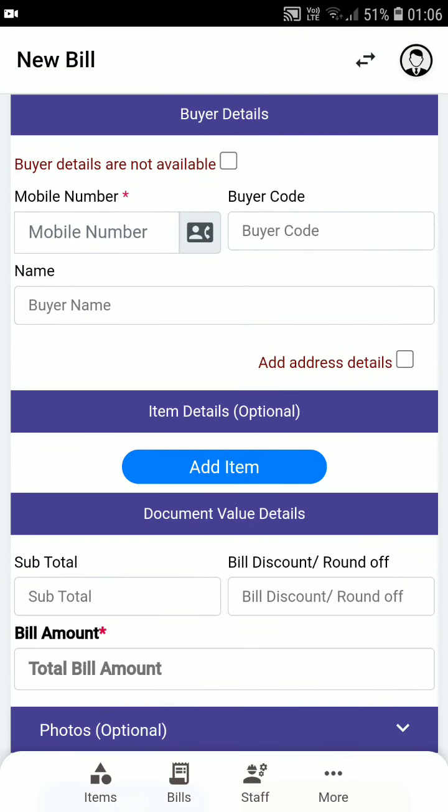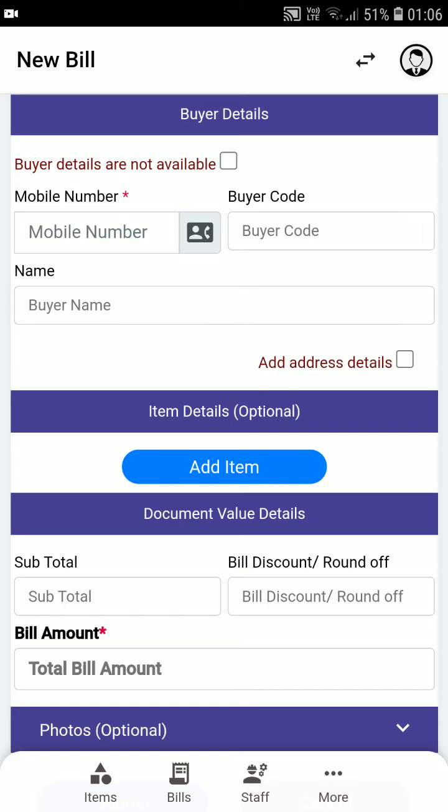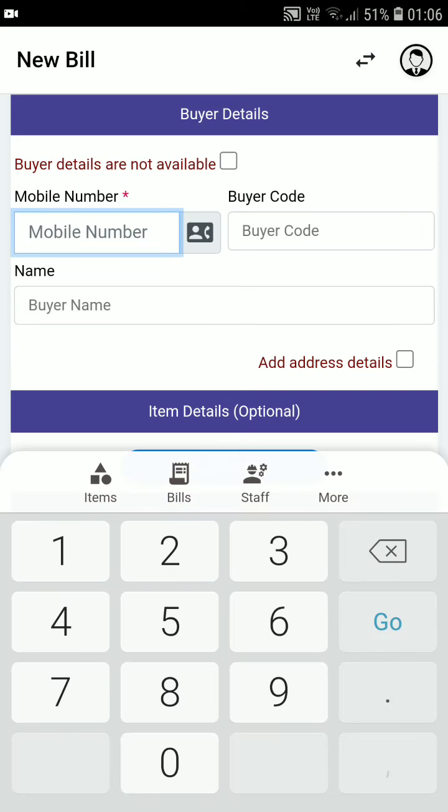If the buyer details are not available, you can click on the checkbox and Finomix will give in a default value. If the buyer details are available, then you can enter those buyer details or choose from the phone book icon that is next to this field. And Finomix will open the phone book for you to choose the buyer and accordingly populate the mobile number, buyer code, and buyer name. So let's say we enter buyer details here